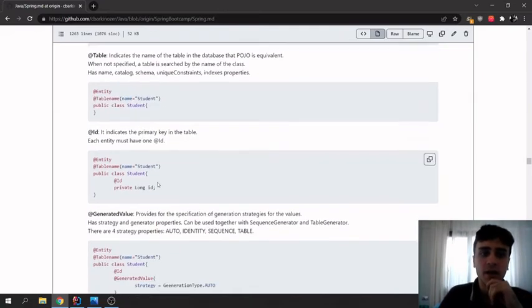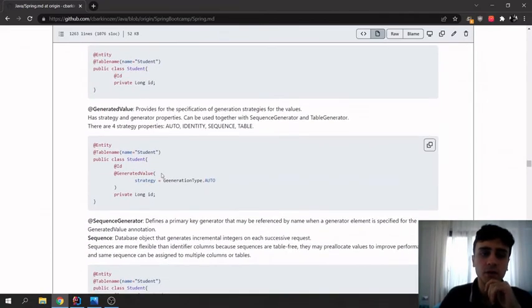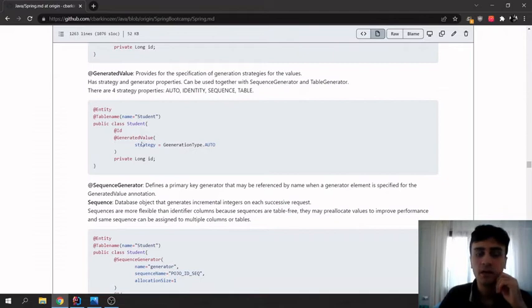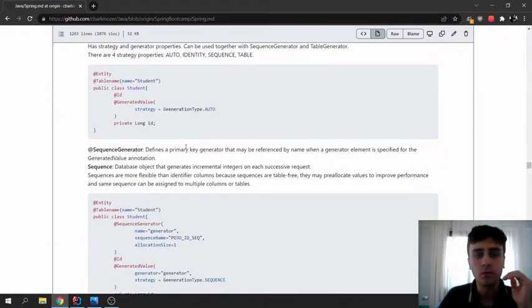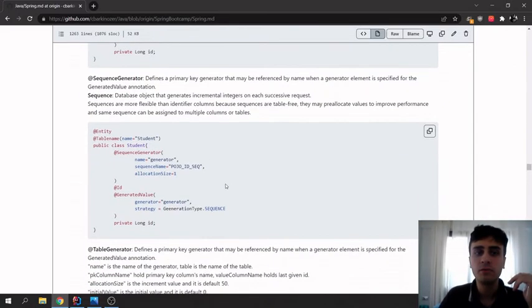ID indicates the ID of our table. A generated value, for example, IDs increase, and this does this. But when we do this, it doesn't work well. It works well, but it uses more memory. Instead, we prefer using sequence generators. And sequence generators,